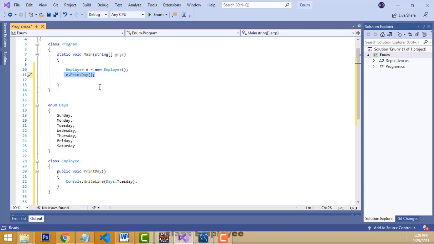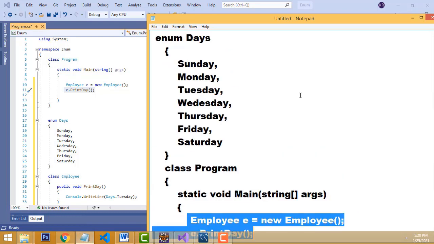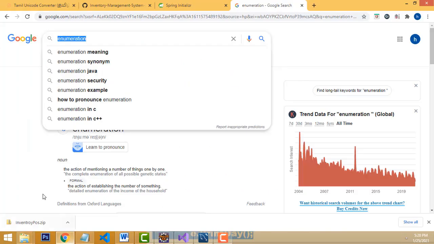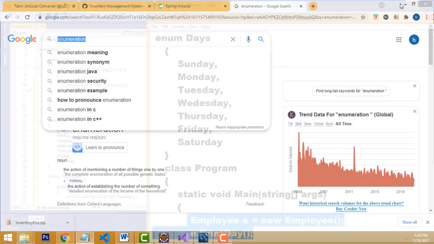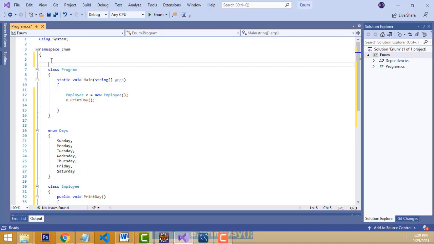That's how the programming of enumeration works in C#. This is the simple way to write an enumeration. We add a single line comment: this is enumeration.